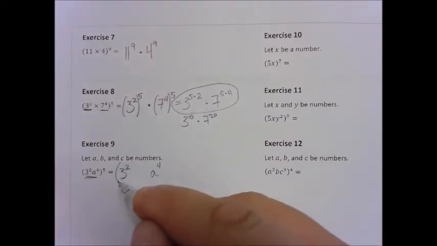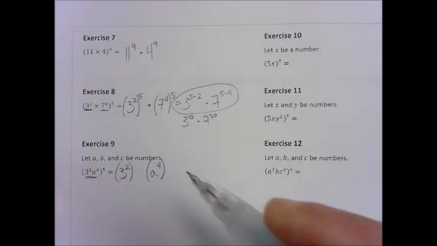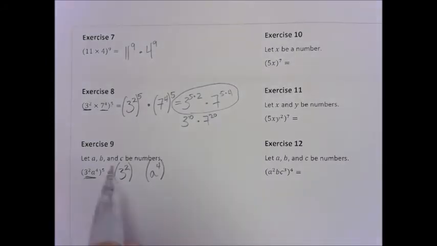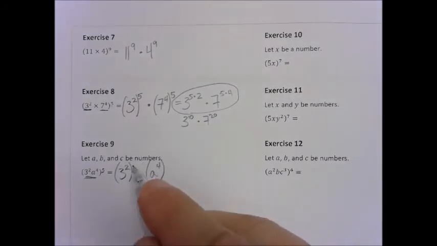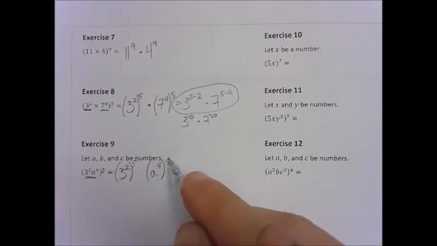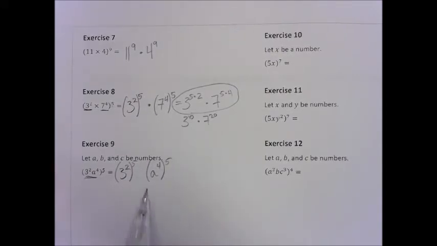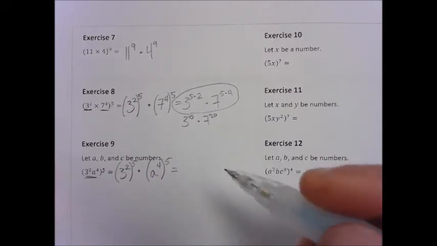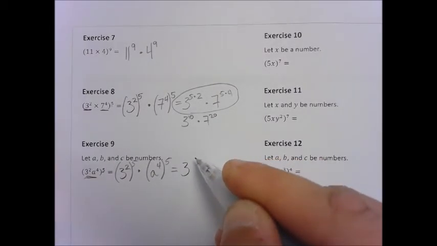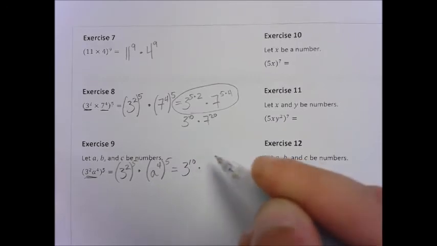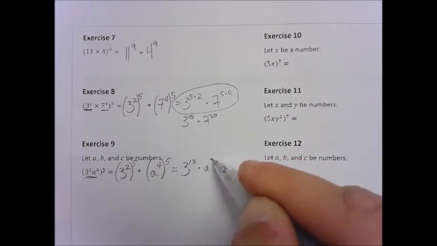So we need to keep these in our parentheses so we know what we're doing with them, and then we carry this 5 along to both of them. So we end up with 3 squared, all raised to the 5th power, and a to the 4th power, all raised to the 5th power. And again, because there is no space in between here, it is an understood multiplication, and again we can break this down a little bit more. 3 to the 10th power times a to the 20th power,